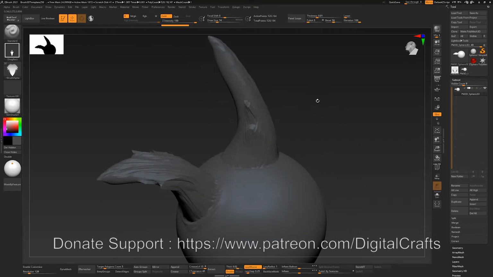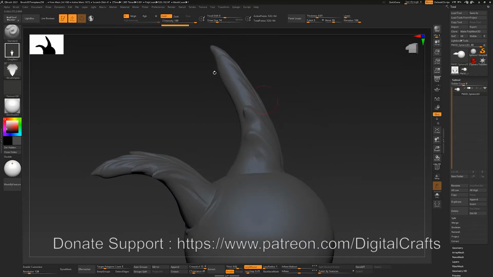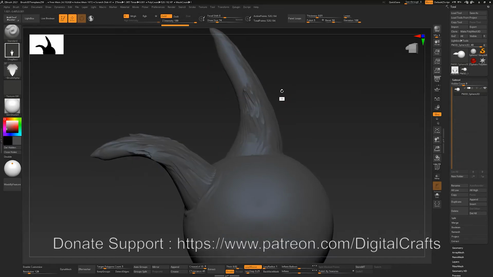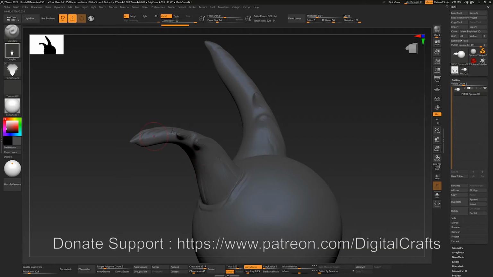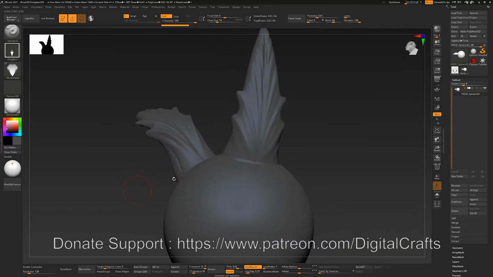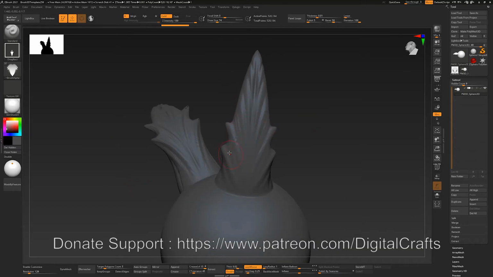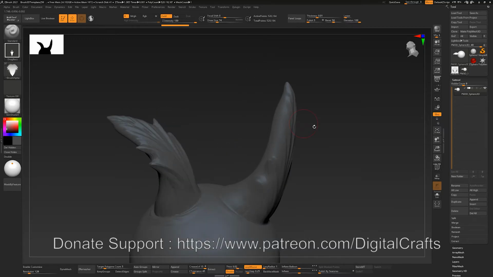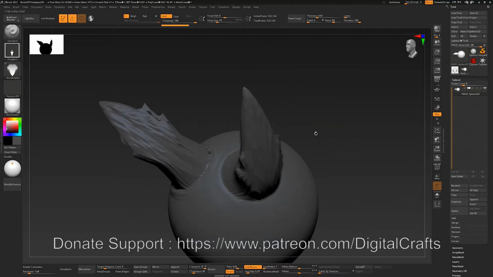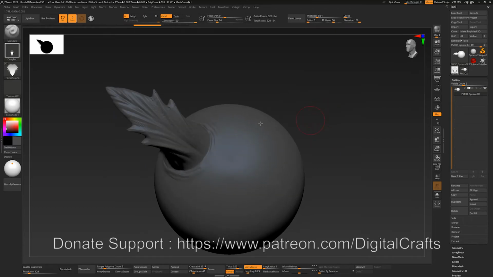You can see the difference in both of these brushes. This is coming straight out, while this is behaving differently, and it is also placing this object differently from the surface, because that's how alphas are. Alphas don't respect the undercuts. So if I go to my chisel brush again,